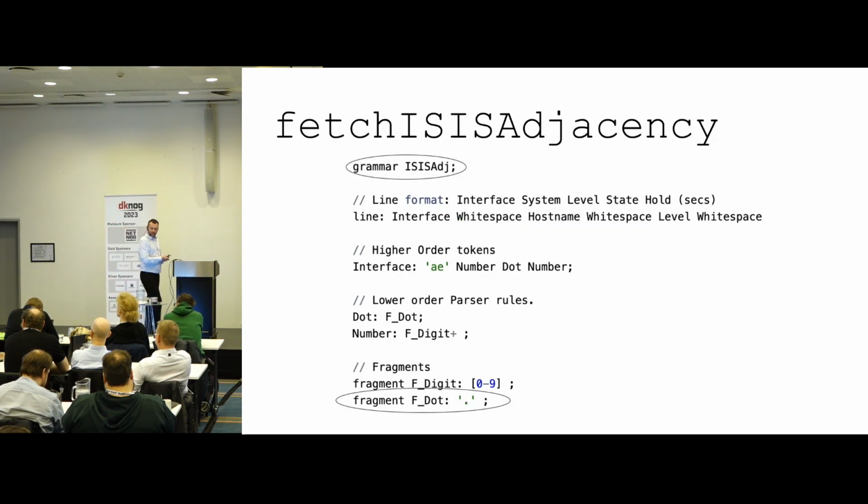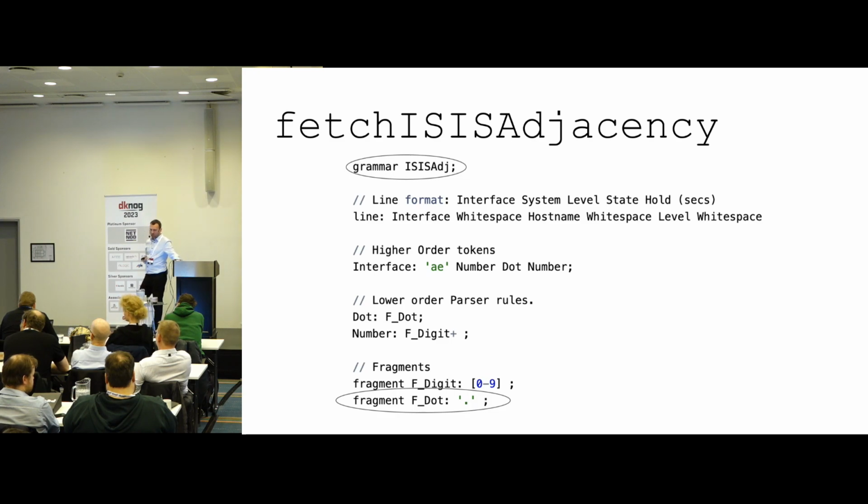The last strategy I mentioned is ANTLR 4. This, like I said, is a bit heavy. A few things to note here that are important is the grammar at the top. That has to be the same file name, so that has to end in .g4. So this has to be in a file called ISISAdjacency.g4. Reading it bottom up, you build fragments, and then you create parser rules, and you tell it what you're